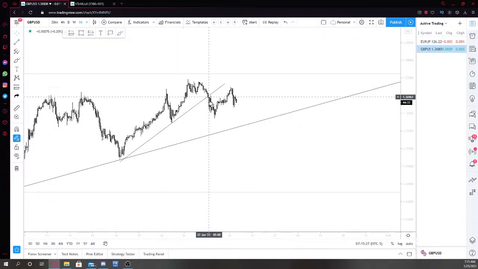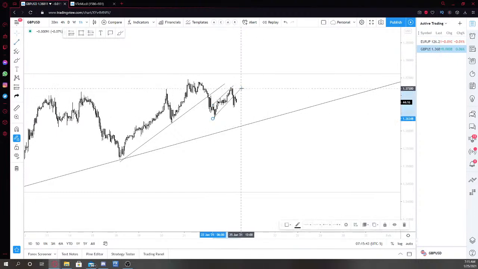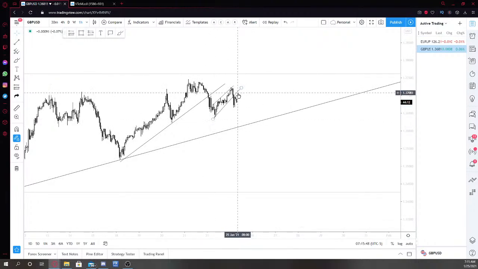Called this an uptrend, got a break of the trend line, and we have this corrective movement here, and look for price to scale down lower to this area. Now in order for me to enter, I'm going to need a retest of the pattern. Right now, this isn't an ideal pattern for me. I'd like to see a lot more structure actually be built, but in order for me to enter, I need price to come back up to this line here, and I would enter off of that, and I would look to sell